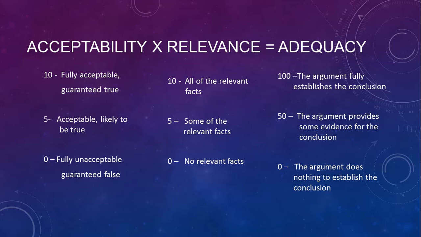So this is basically the matrix that you're going to be working in for the rest of the semester. This is the good cop version. And most of our time is actually going to be spent dealing with fallacies. So where you're identifying, oh, this is what it looks like to have an unacceptable conclusion or an only mildly acceptable conclusion. This is what it looks like to have irrelevant premises, premises that don't really relate to the conclusion. And then your assessment of the adequacy is dependent on how high on the scale either of those things do.